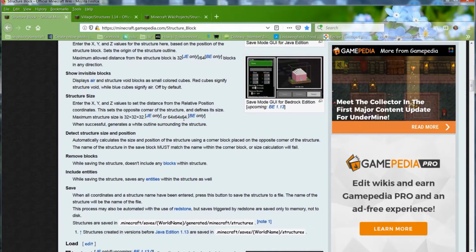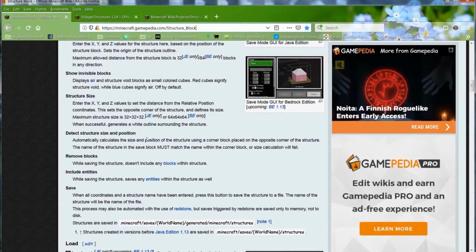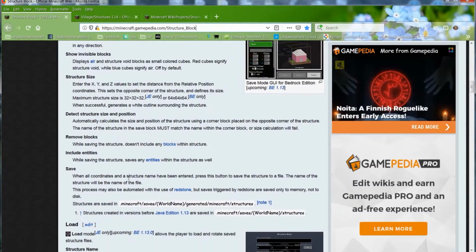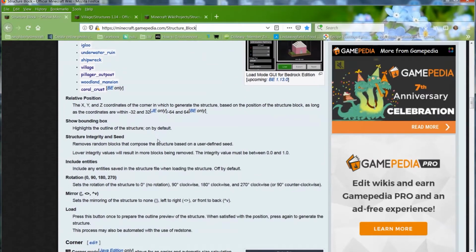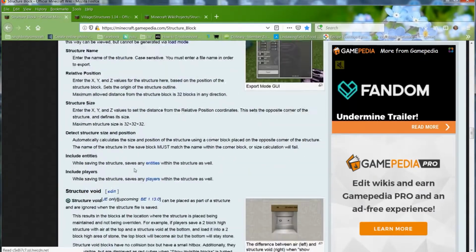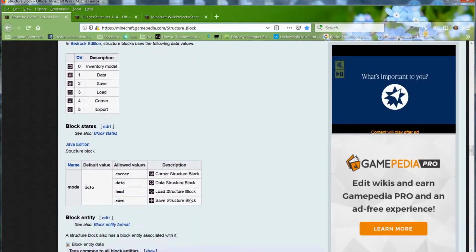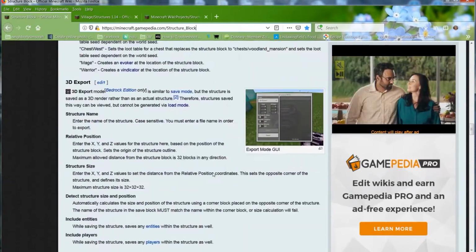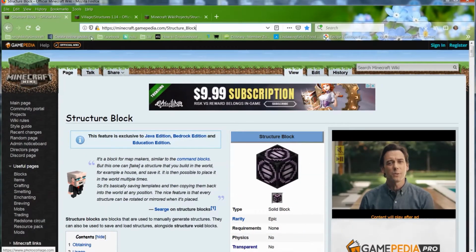You can go up to, in Java, 32 by 32 by 32. It tells you all the other things that you want to know. Tells you exactly how to do it step by step. And I've given you examples so that you can check what it was that we did and see what that means to you. So there you go. That's what this page is all about. And it gives you all of this information down here as well, your data values and all that kind of stuff. Alright, so the next page that you'll want to have handy,